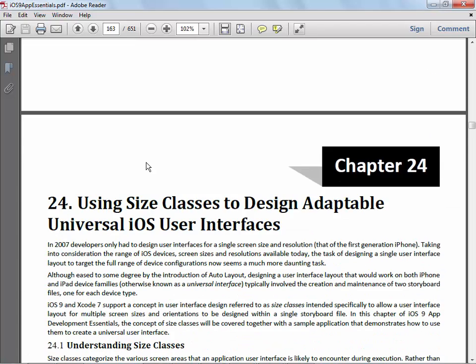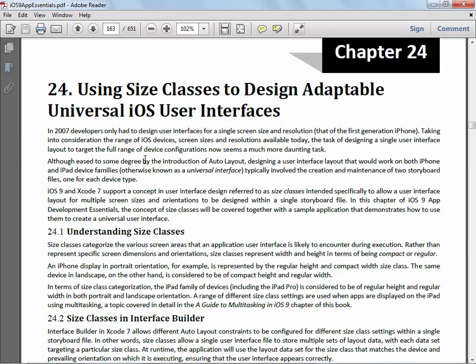And then finally, this last chapter, this is using those size classes, the things that they turned off previously. Long story short, what they say here is back in the day, you didn't have iPads, and basically the size of all iPhones was the same. All right, so you could use these size classes. Kind of look at it that auto layout is size classes on steroids. All right, so as it says,